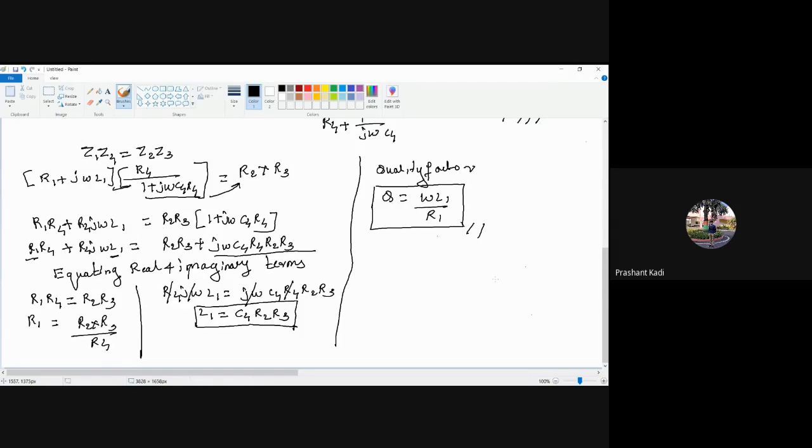Next we'll come to know the capacitance, de Sauty's bridge. That is also a modification of these bridges. I will tell you how to remember these bridges at last. At last we'll draw all the bridges, then we'll make out the difference between the bridges. So next is measurement of capacitance, write it down.